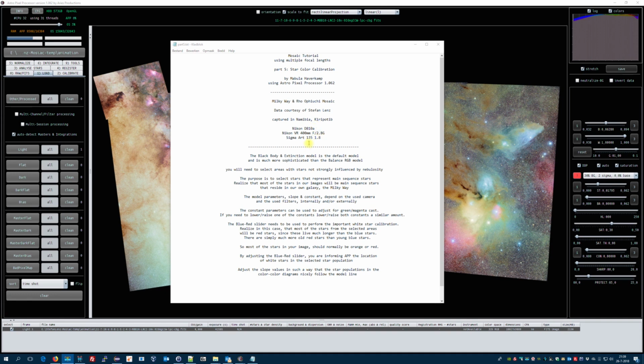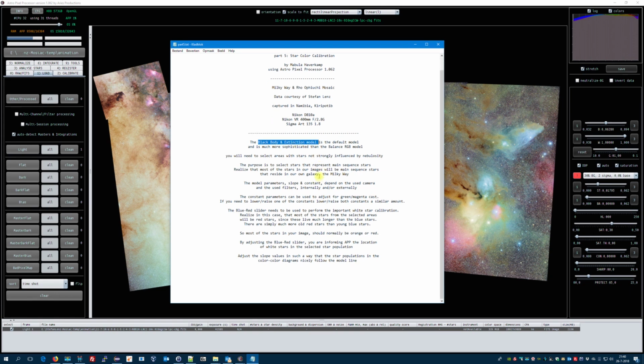The star color calibration tool in Astro Pixel Processor has two different models. We have the balance RGB model. This is a very simplistic model which will basically balance red, green and blue in your image. And we have a much more sophisticated model based on real physics, which is called the black body and extinction model. What you will need to do is select areas in your image